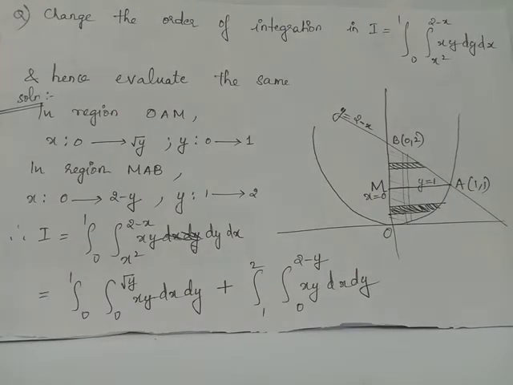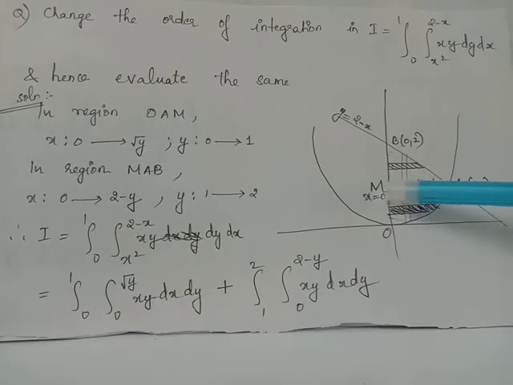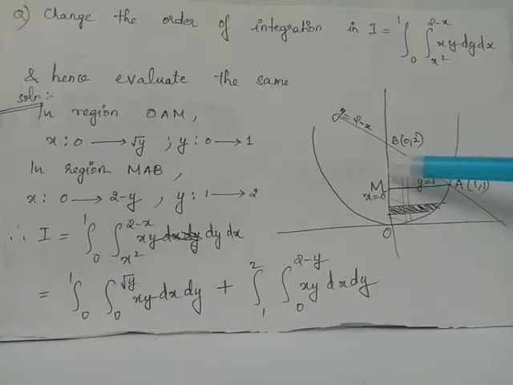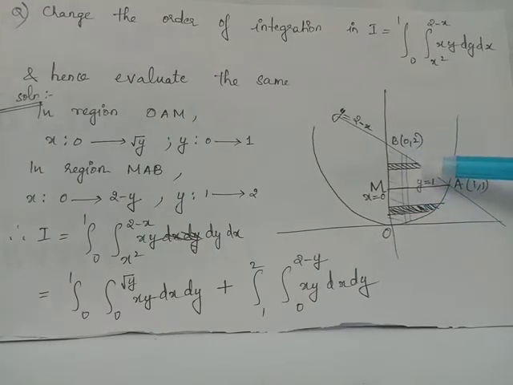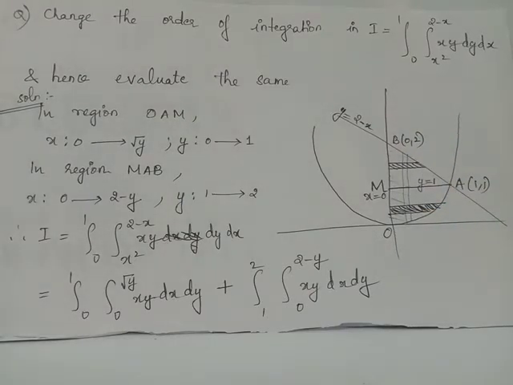traced. However, since we are asked to change the order of integration, we have to find out limits of x first, considering a horizontal strip. But a single horizontal strip shall not serve the purpose. This is because when you consider a horizontal strip here above the line y equals 1, you see that this horizontal strip has its left end at x equals 0 and right end on the line y equals 2 minus